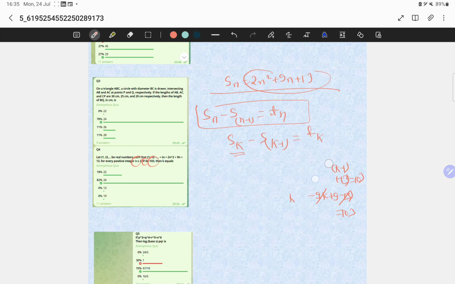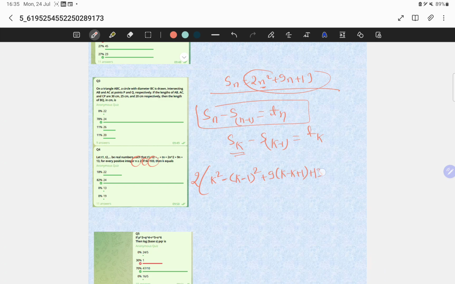The space is less, so that's why it is an issue. So the better way is to take the common terms. Okay, square ones. So k square minus k minus 1 whole square plus 9k minus k plus 1. Okay, I got a mistake. It should have been plus 9k.